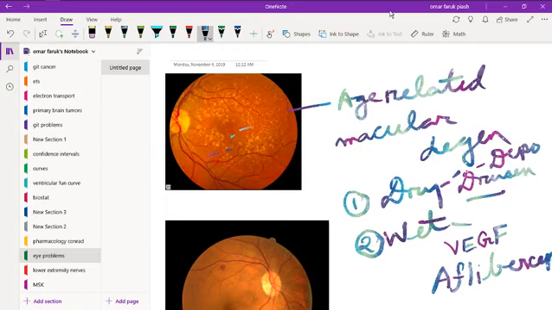Aflibercept is also used in other areas like metastatic colonic carcinoma. It is used in colon cancer, and it is used in age related macular degeneration. This is the first picture, which is called age related macular degeneration. The next one,